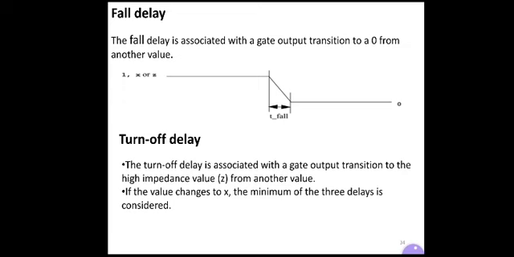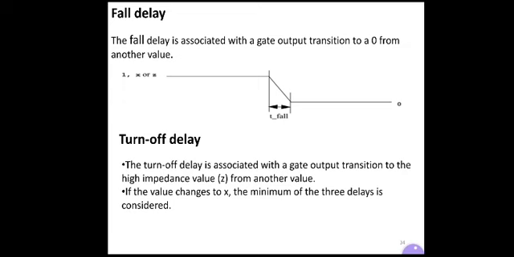Whenever your output is high impedance, that is z, coming from any other value, that is 0 to z, or 1 to z, or x to z, this is known as turn off delay.